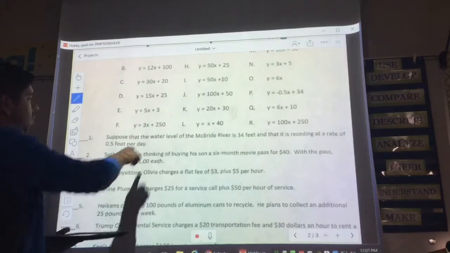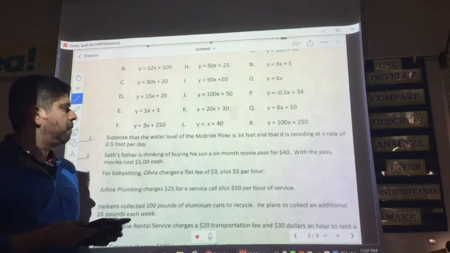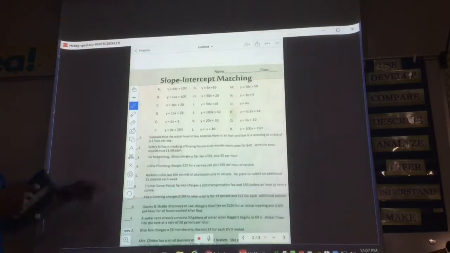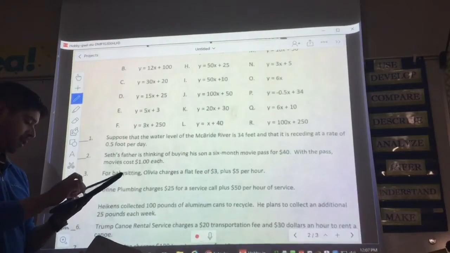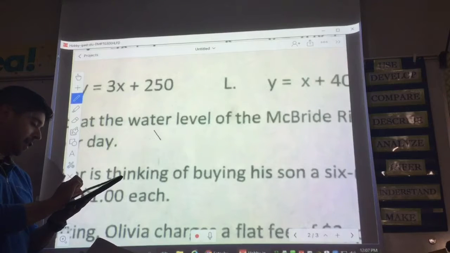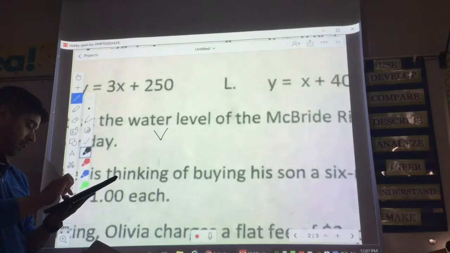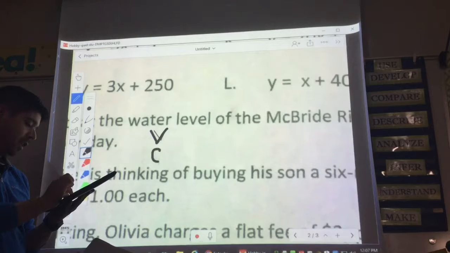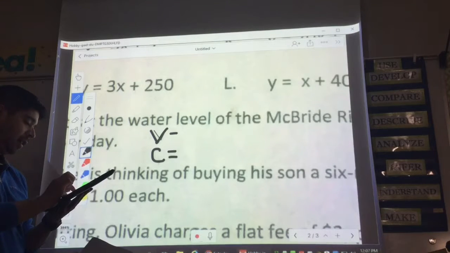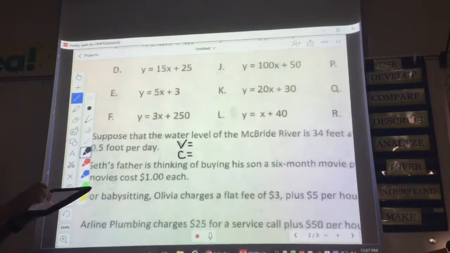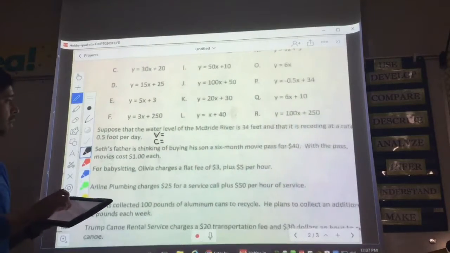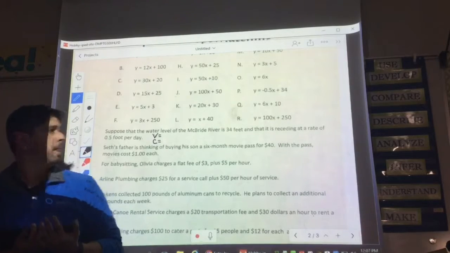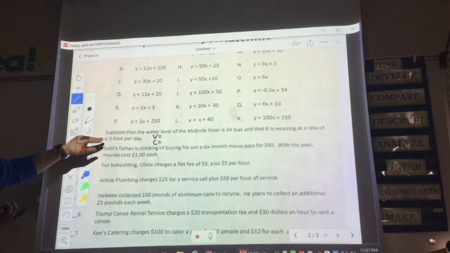It says, suppose the water level of the McBride River is 34 feet and that it's receding at a rate of 0.5 foot per day. So I'm going to zoom in. We need to find a variable. Make this a little bigger. A variable and a constant. Just like what we were doing, I don't know, last 6 weeks sometime. So, in this problem here,